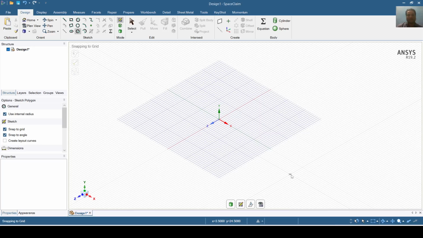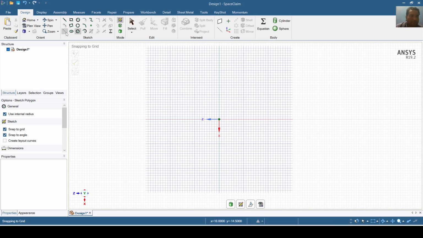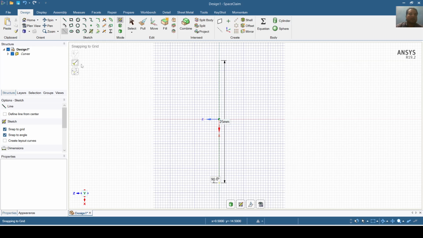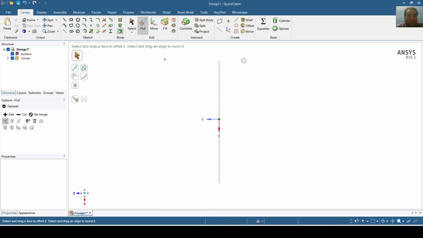For this purpose I will click this plan view and I will draw a reference line of about 25 mm, and now I will create a circle here, sorry, diameter 1 mm, and I will now go to solid mode and I will now go to pull and